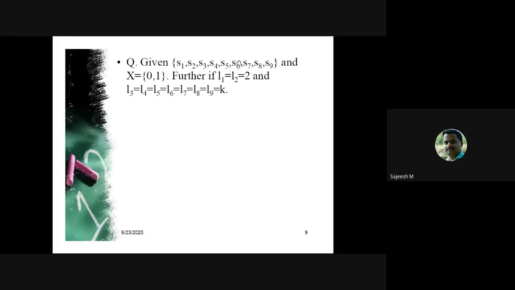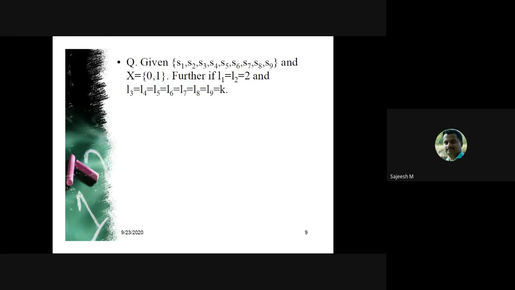They must be equal. The code word lengths corresponding to S3, S4, S5, S6, S7, S8, S9 must be equal. That resulting code must be an instantaneous code. Try to find the value of this k. Okay, hope that you have taken the question.